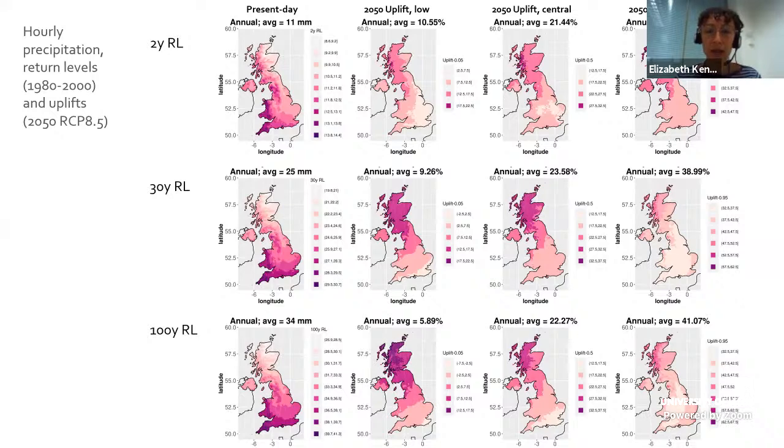So here are some of the uplifts, the results here. This is for hourly precipitation. First of all, we've got the present day return level values, so 2-year, 30 and 100-year return levels. And then we have these low, central and high estimates of the change. So if we just focus in on the 30-year return level central estimate,